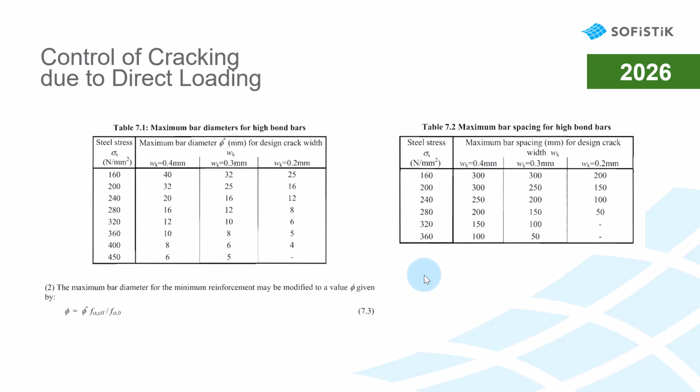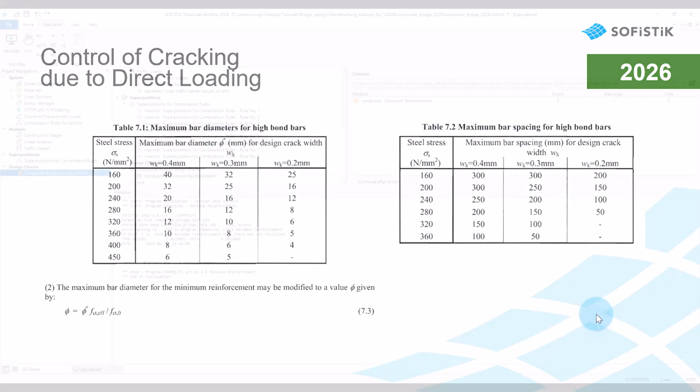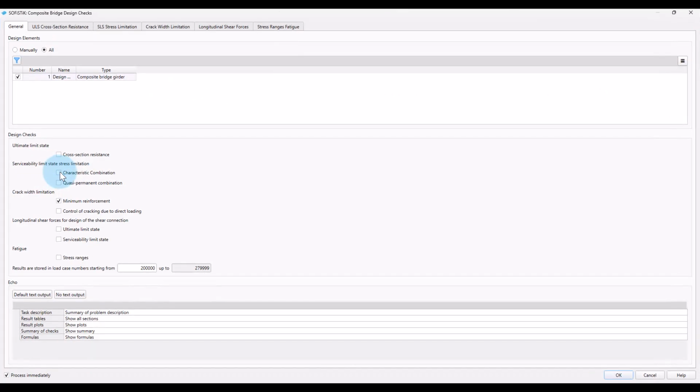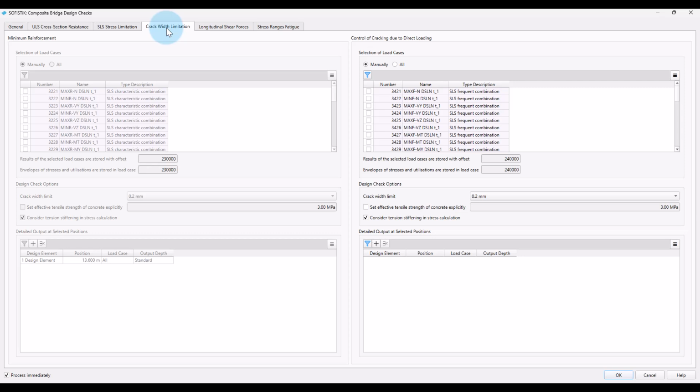Okay, next check: crack control under direct loading. For a given reinforcement stress, the crack width limit can be either enforced by limiting the diameter or by limiting the bar spacing. Let's do the check. It is typically done for the frequent combination.